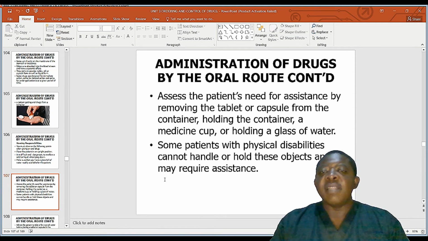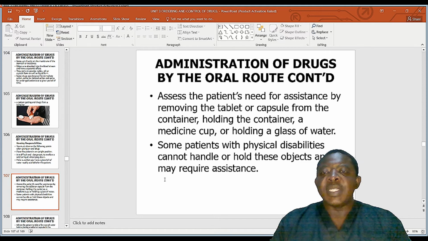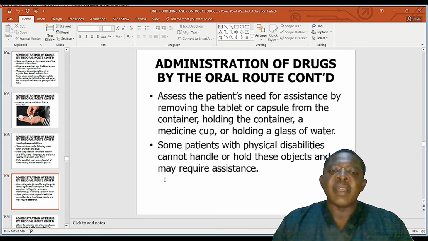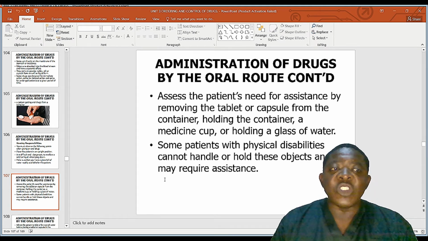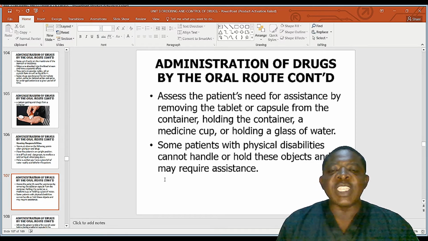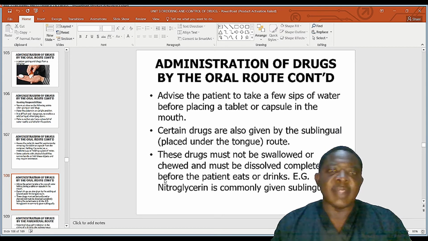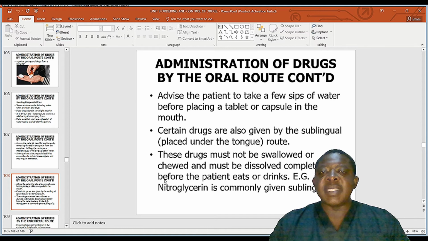You can assess the patient's need for assistance by removing the tablets or capsule from the container, holding the container, a patient's cup, or holding a glass of water. Some patients with physical disability cannot handle or hold these objects and may require assistance. Remember, bare hands should not come in contact with the drug because of a possible reaction to the lotion you applied on your hands. You can advise the patient to take a few sips of water before placing the tablets or capsule